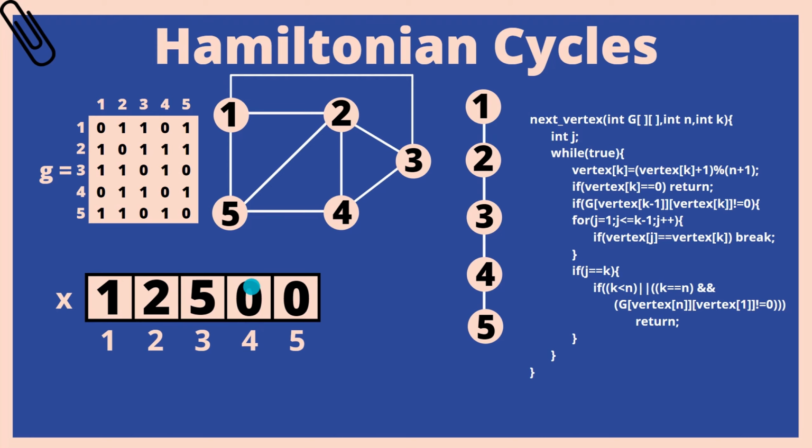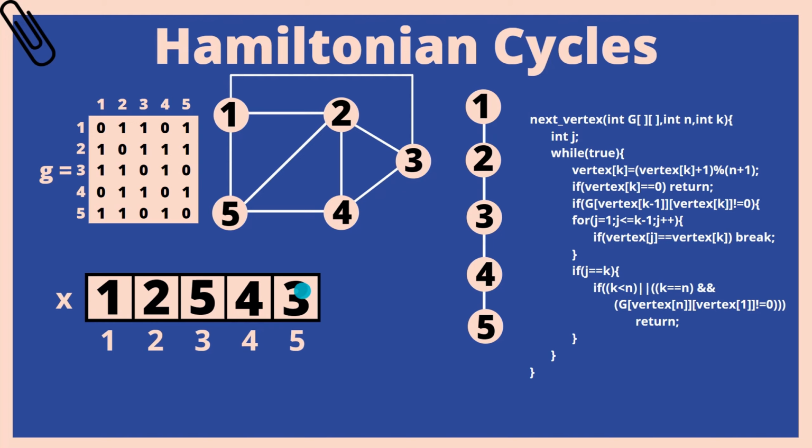Now to the fourth index, we can say that we can put 3 over here because 1 and 2 we won't put as it's already in the array. So 3, is there an edge between 5 and 3? 5 and 3, no edge. Then again we can put 4, 5 and 4, there is an edge. At the fifth index, our only left option is 3. Edge between 4 and 3, yes, there is an edge between 4 and 3.